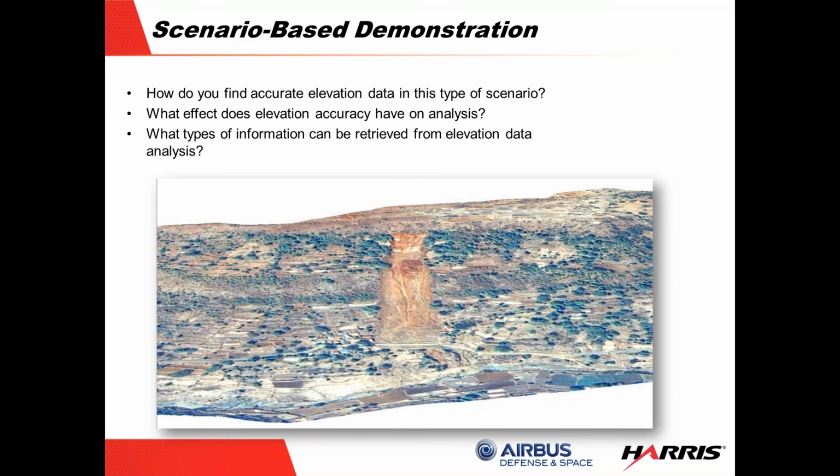Some of the questions that we ask in these kinds of scenarios are, how do you find accurate elevation data in this kind of scenario? After an event like this, it can be hard for responders to get into this area due to the rain or other landslides that might have blocked roads. What effect does the accuracy of the elevation information you can get have on any kinds of analysis that you might run? We'll show some examples of different accuracy levels based on the elevation data that you're using. And thirdly, what kinds of information can you actually retrieve from the elevation data itself, looking at change detection over time? So without further ado,